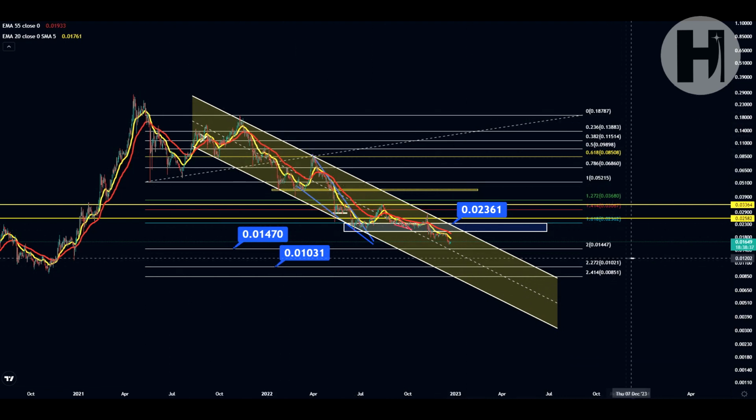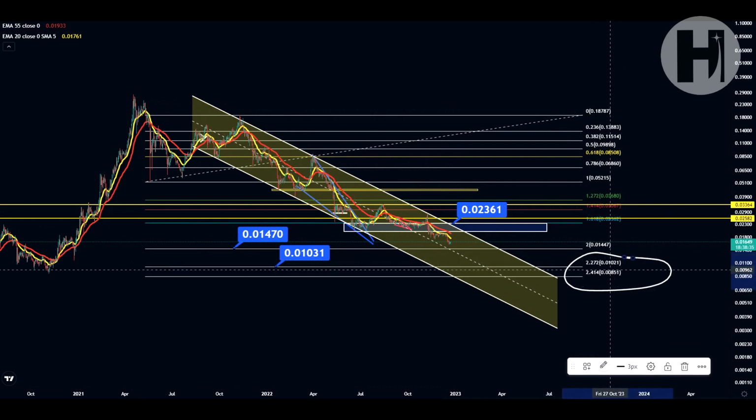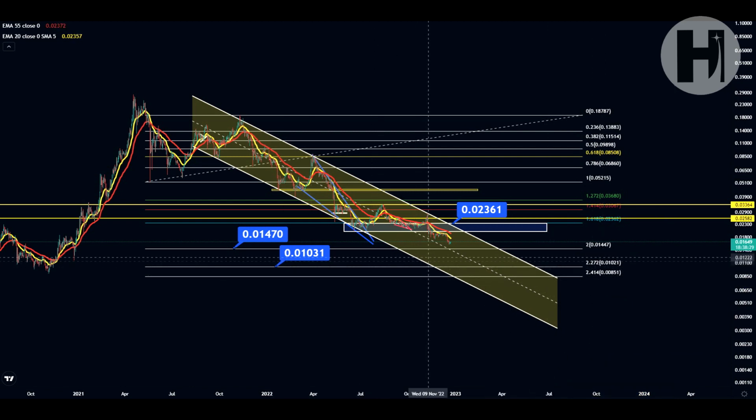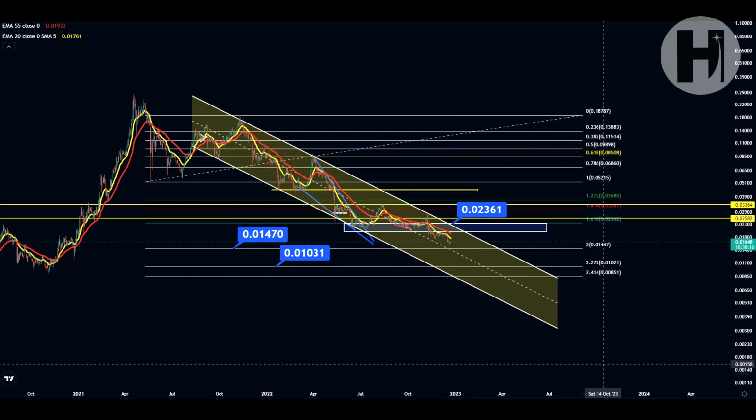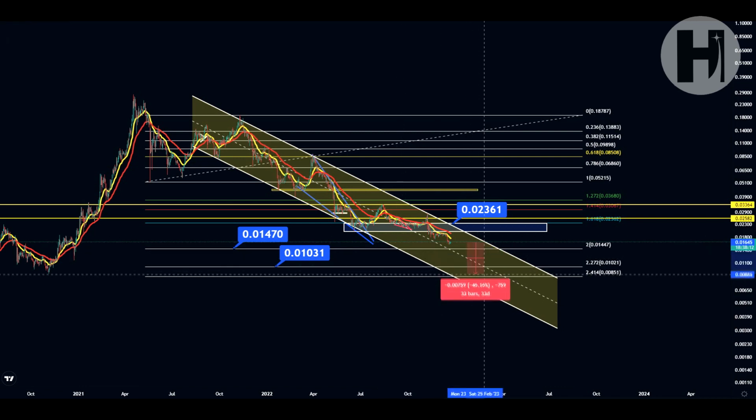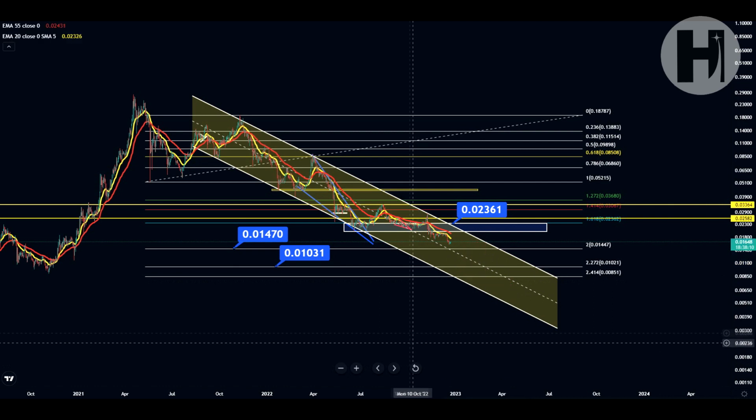And you can take a look at these two Fibonacci retracement levels, specifically the 2.272 and the 2.414. And these two support levels are probably going to be the bottom for Vechain, right? If Bitcoin wants to bottom out, let's say $11,000, I think Vechain could honestly go back down to 0.0085. And from where we are right now, that's going to be another 50% pullback.